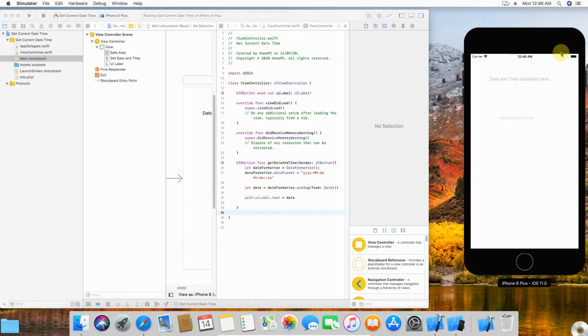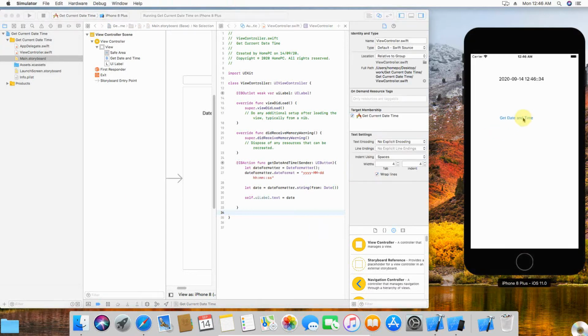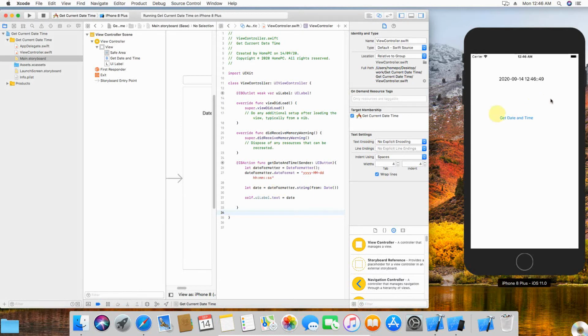So our app is coming up on the simulator. I think it's a bit grayed out. I don't know why. We should probably wait. Yeah, okay, it came up. Now this is the button. If we click here, perfect. We can see the date has come up, which is 12:46 a.m., almost the middle of the night or early morning, and that's what the date is showing over here. So that respective date is captured from this line number 29 and shown here.